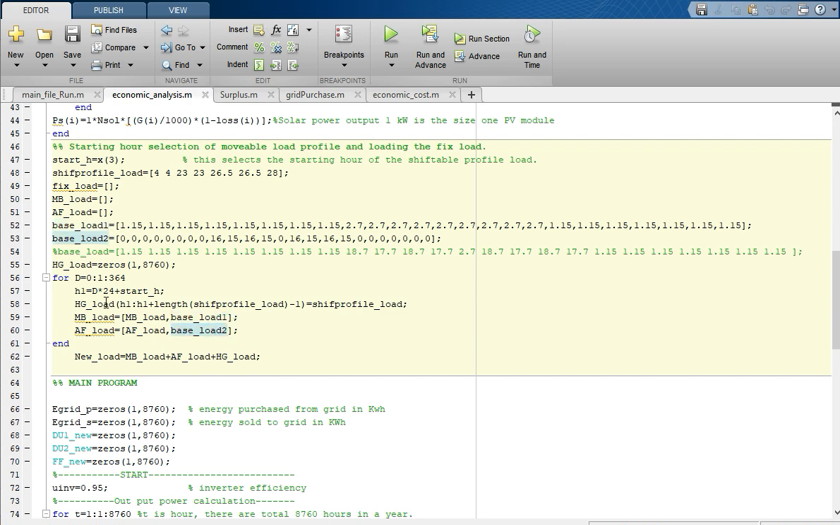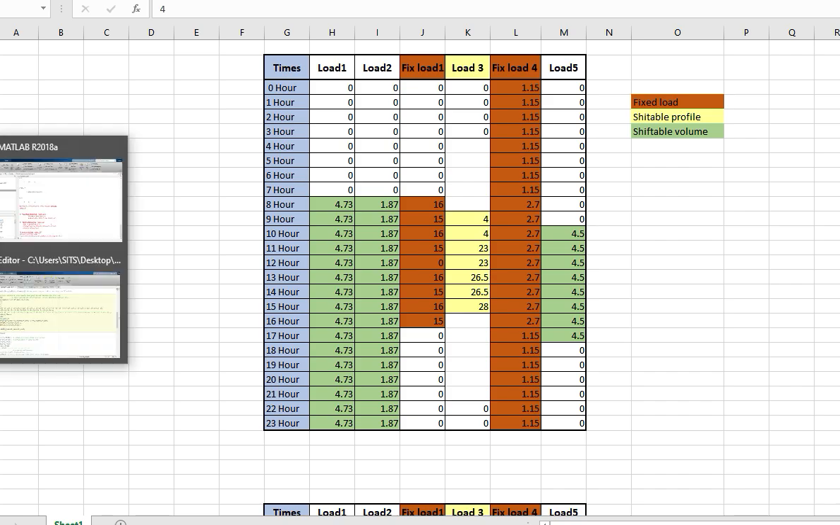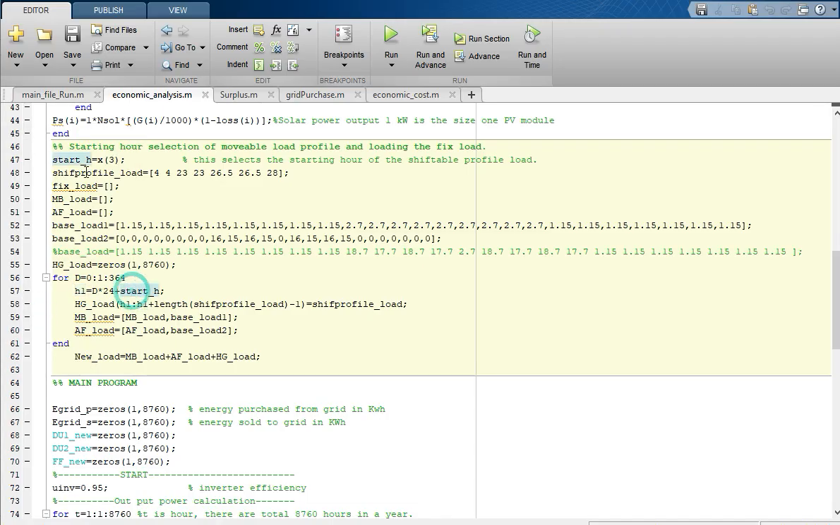The only choice we have is in the shiftable profile load, where we can repeat this 24-hour load, which is mentioned here, through this shift start R variable. So start R here is the hour from where the load should be placed. Actually, this optimization algorithm has a choice to shift the profile of this load anywhere. So we have declared a variable start R here, and this is selected by the optimization algorithm,